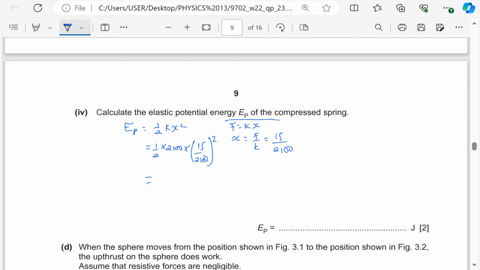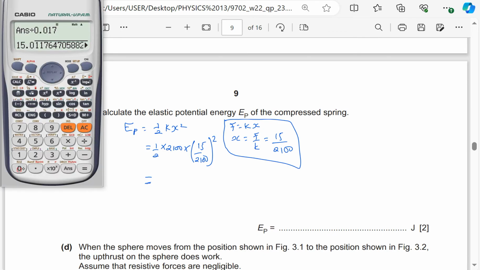So this is to help me find the extension. So I'll just take my calculator, 0.5 for a half times 2100 times 15 squared divided by 2100 squared. So this is giving 0.054